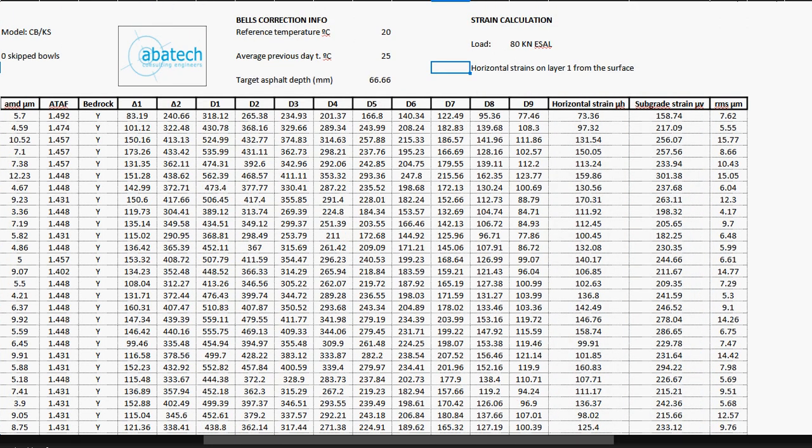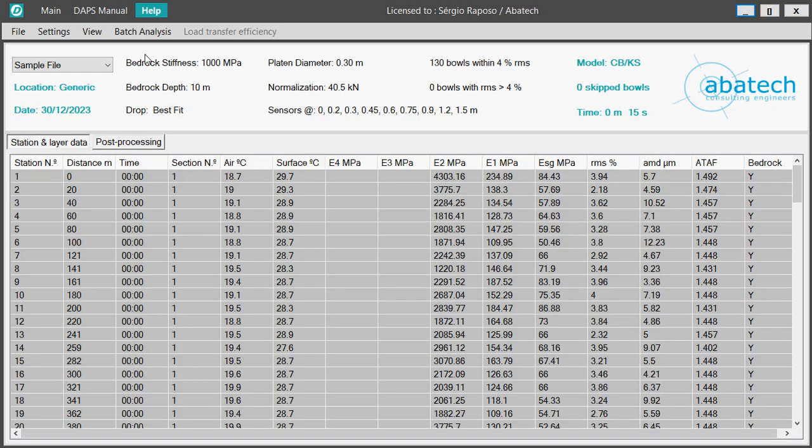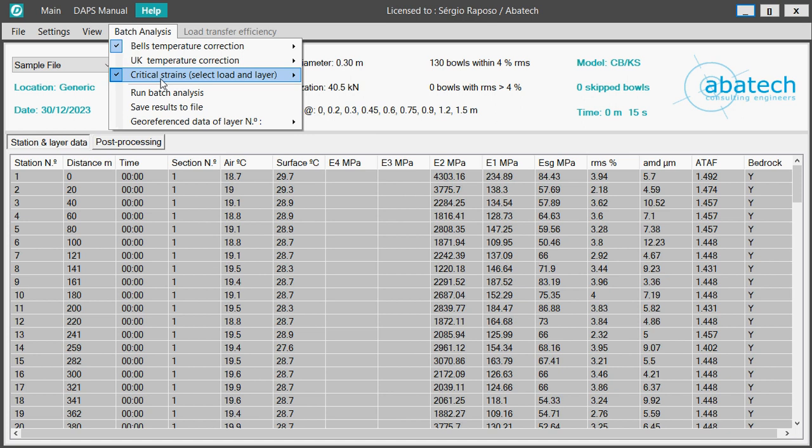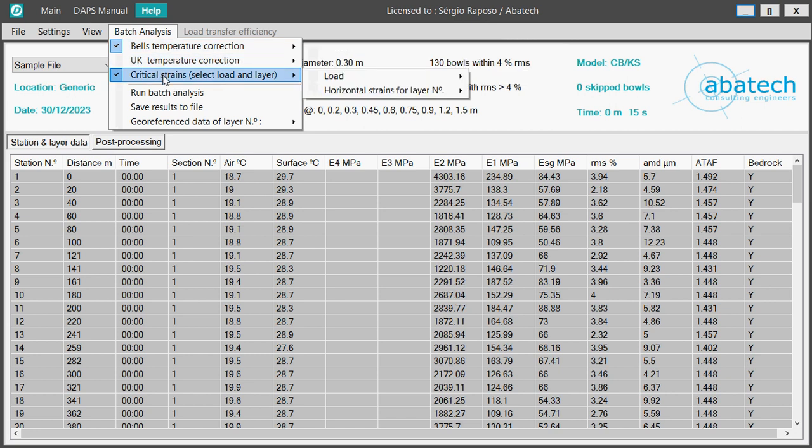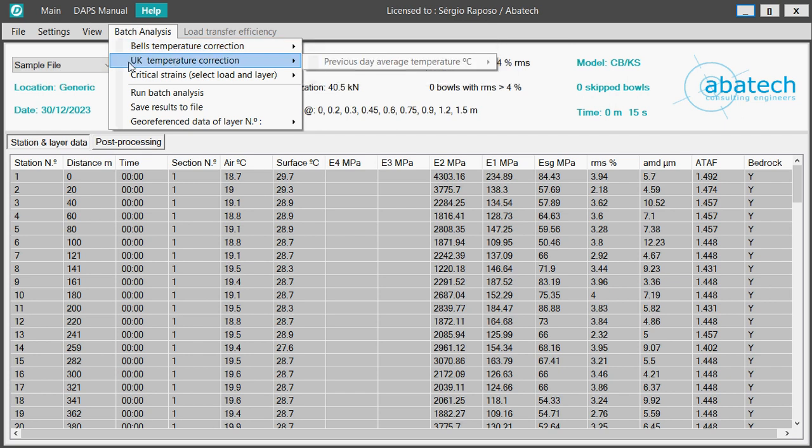It's just a question of, before initiating the batch analysis process with this option, making sure to select the temperature correction method for the asphalt stiffness, and to select the critical strains as well. For the UK temperature correction, it's exactly the same thing. Before initiating the batch analysis process, we need to check this option here. And in the UK asphalt temperature adjustment method, there's only one variable, which is the previous day average temperature that we have